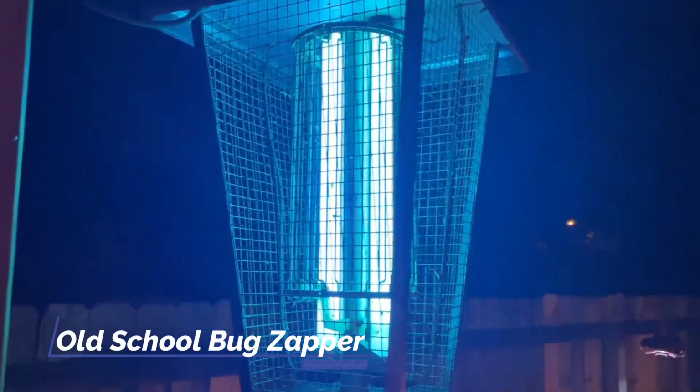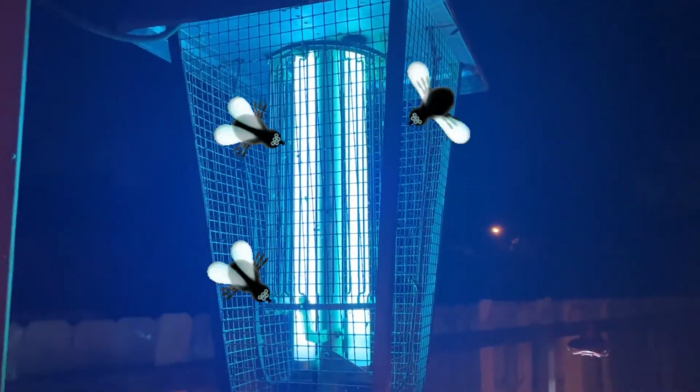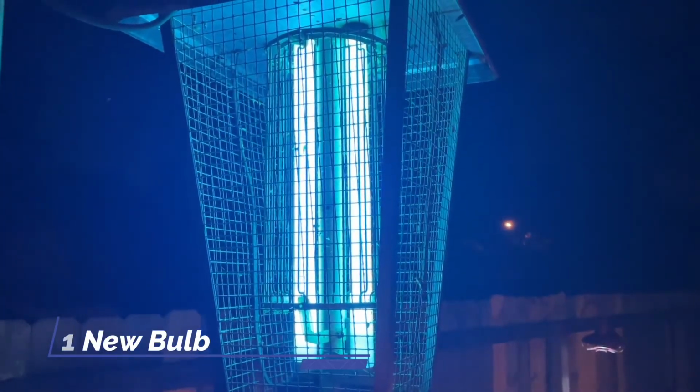The bulb on the left, it's a little brighter. Actually was able to order a replacement bulb on Amazon. Took off the top part of the device here. I'm able to change that bulb out, but you can see that this is a full-blown heavy-duty bug zapper,